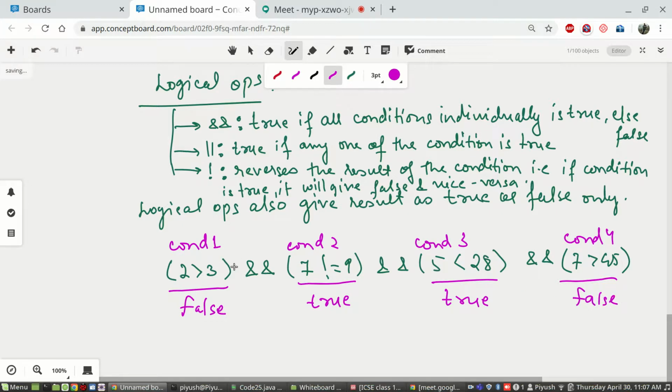Even one condition resulting in false is sufficient to make the entire outcome false.